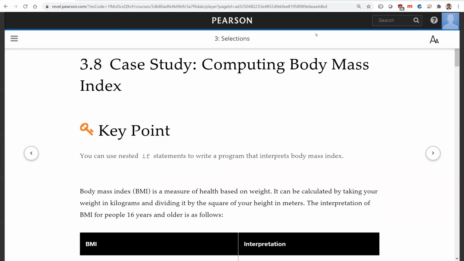Hello, in this video, we will present a case study on computing body mass index. Body mass index is a measure of health based on weight. It can be calculated by taking your weight in kilograms and dividing it by the square of your height in